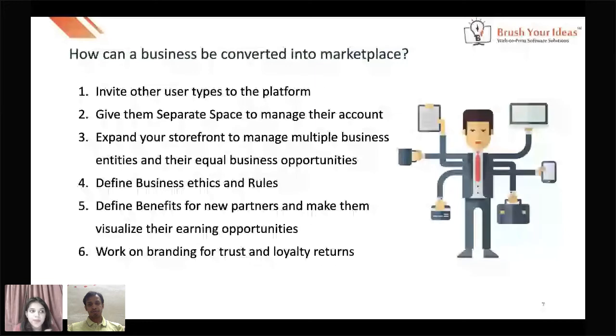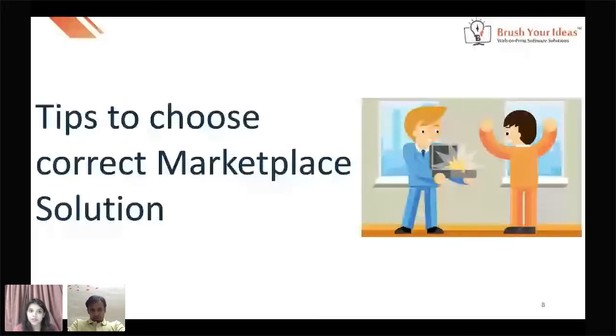So I'm 100% sure that you must be thinking about what solution you should choose for a marketplace, which could actually solve your business issues and really help convince your partners to collaborate with you. So I have a few points to mention quickly, like what could be the tips to choose the correct marketplace solution.